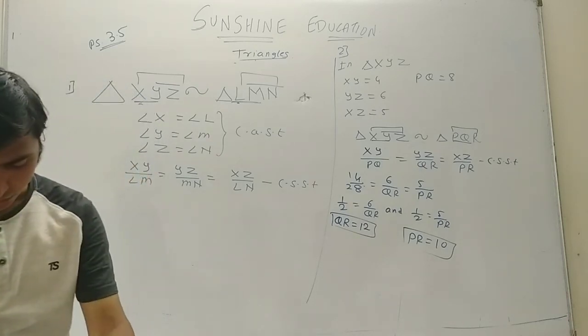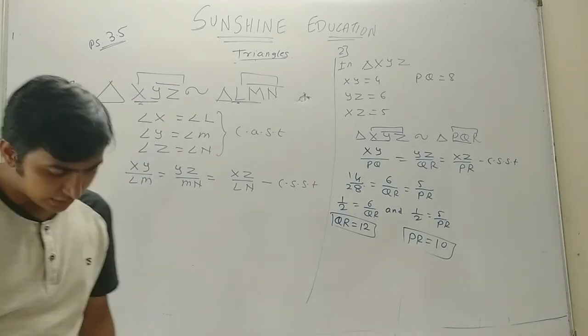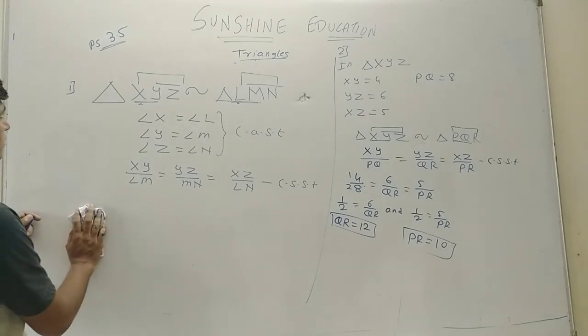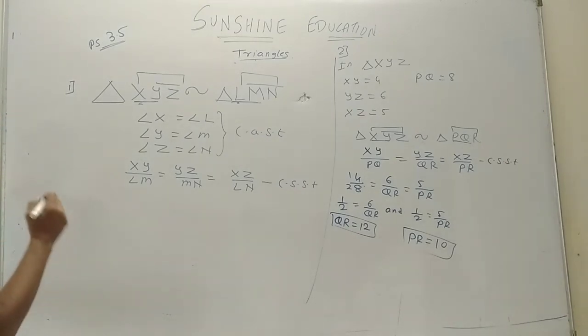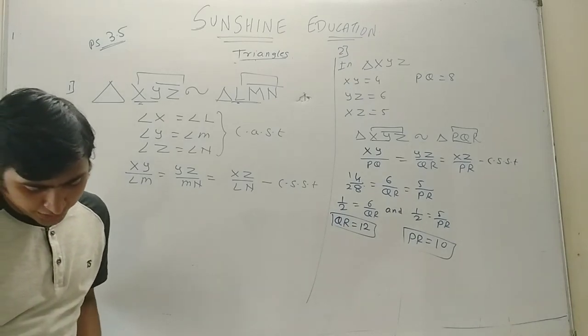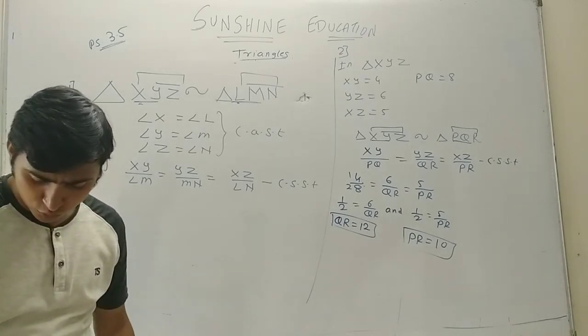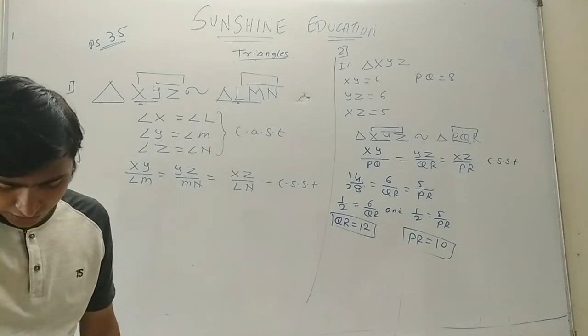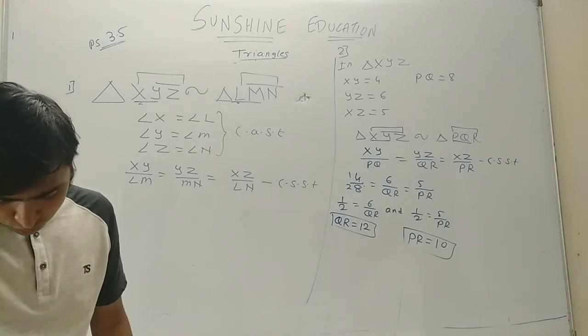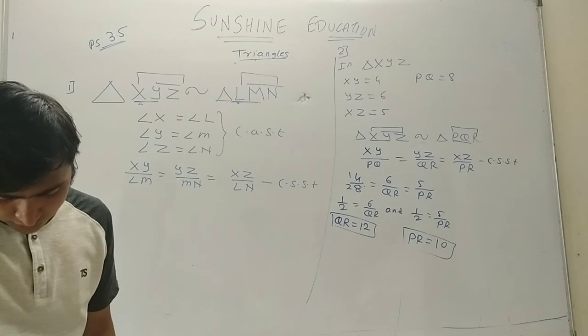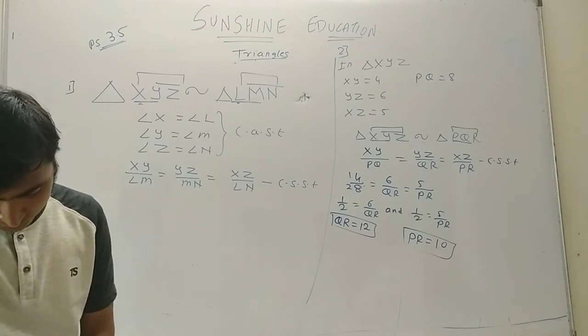Now the third one. What is the third one? Let's see. I'll just erase the first one as I need to do the third one. I think it is possible to do it over here only. Draw a sketch of a pair of similar triangles, label them, show their corresponding angles by the same sign. Also show the length of the corresponding sides by numbers in proportion.